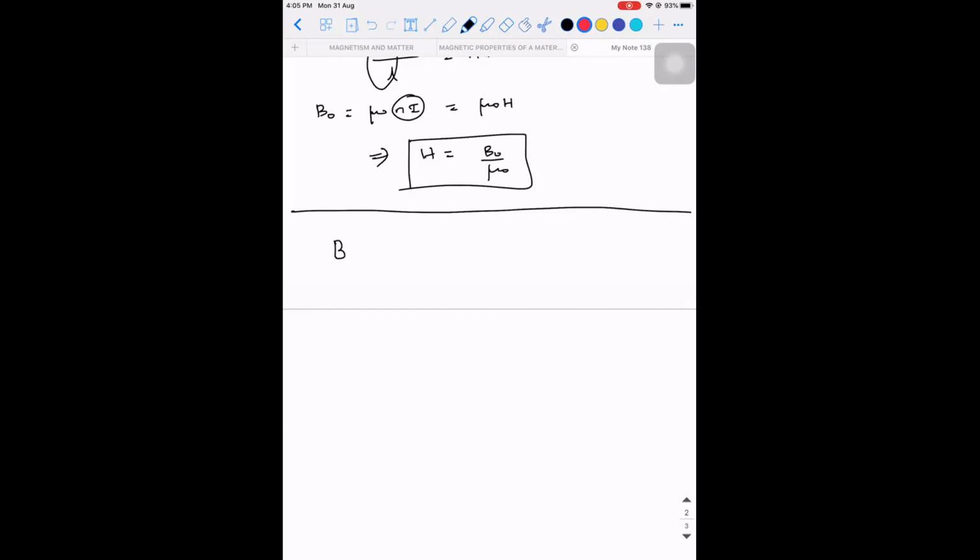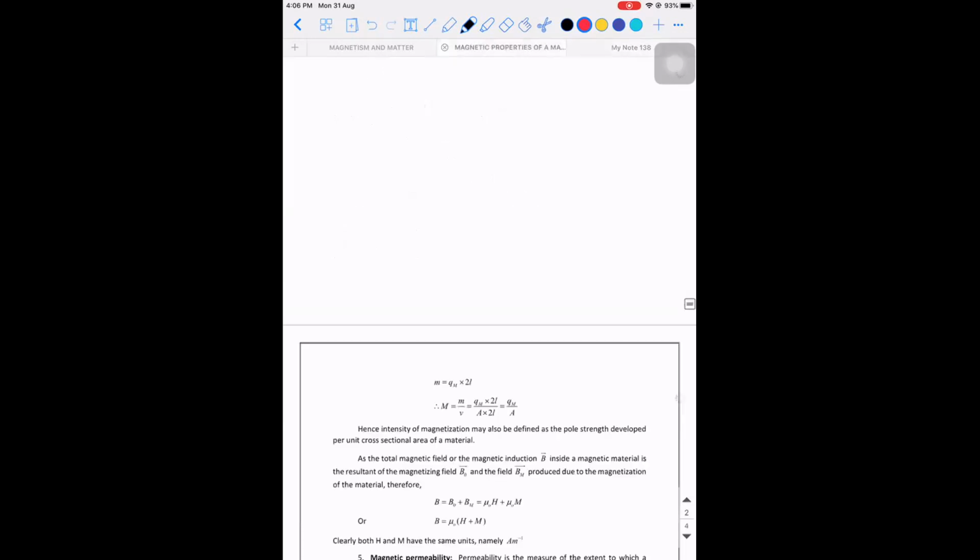Magnetic induction is the total, you can tell in your own words, I don't want the exact book definition also, of magnetic field. So it is the magnetizing field intensity plus the magnetic field which is created inside the material. Am I right? So when you talk about magnetization, can I say it is the external magnetic field that is present, which is magnetizing the material, plus the magnetic field that has got created inside the material. Bm stands for the magnetic field that is created inside the material.